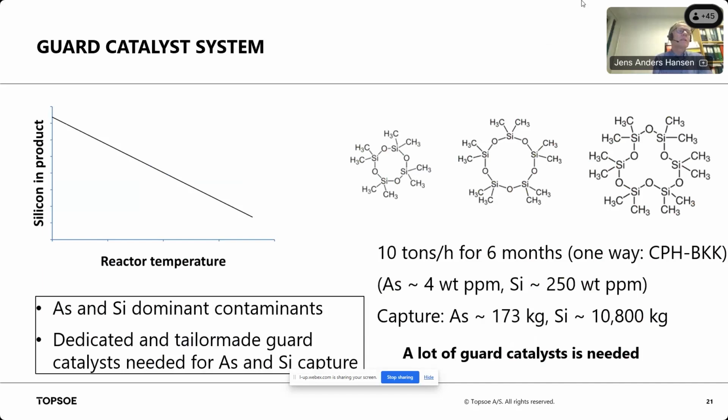Arsenic is also a poison, and you can say that needs a tailor-made catalyst to capture arsenic, and silicon needs another catalyst to be able to remove it efficiently. So, a lot of silicon, and now we're talking about jets. I have estimated that if we're dreaming that we can use the SAF from this sewage sludge in 100% amount, this is not allowed, but let us assume that we can do that.